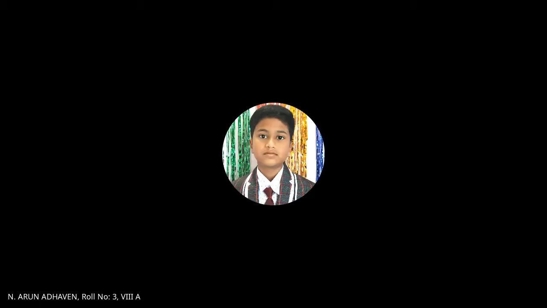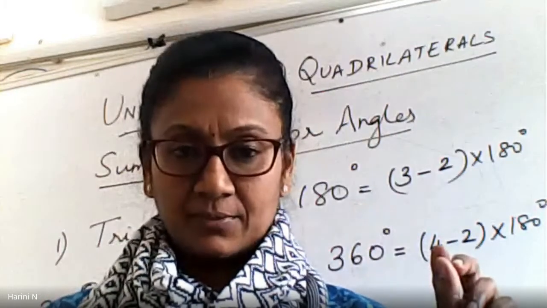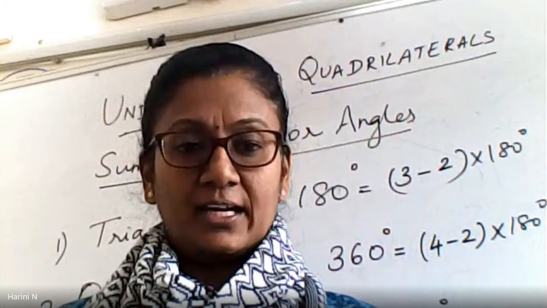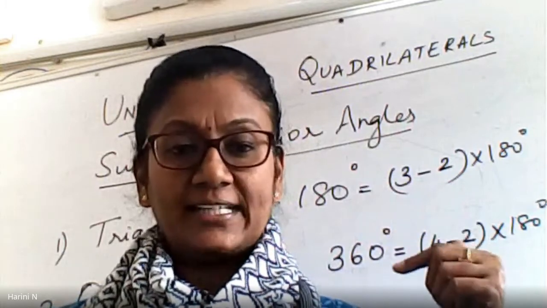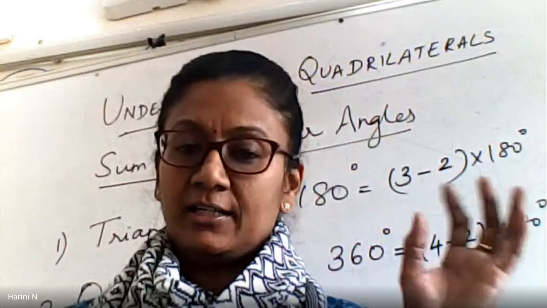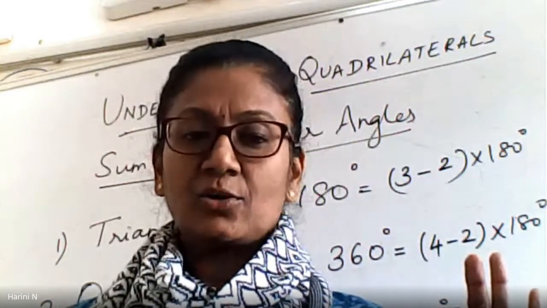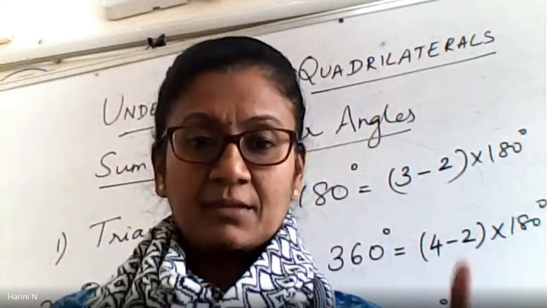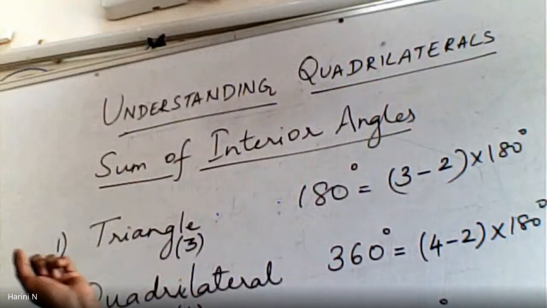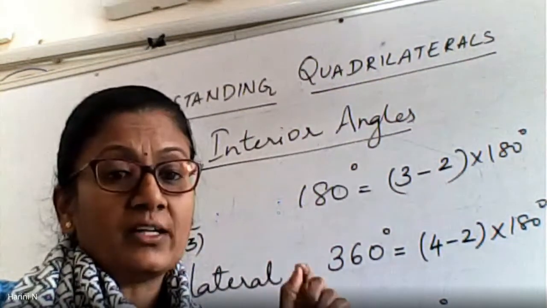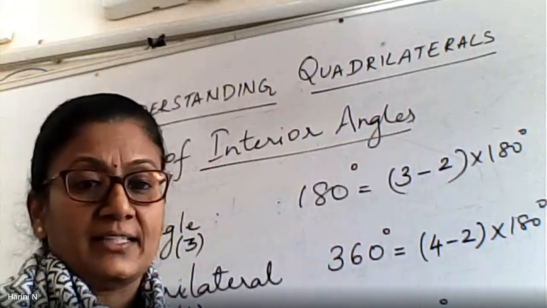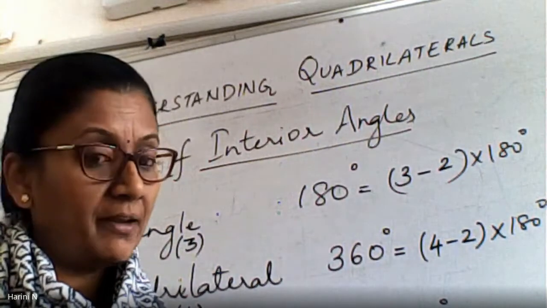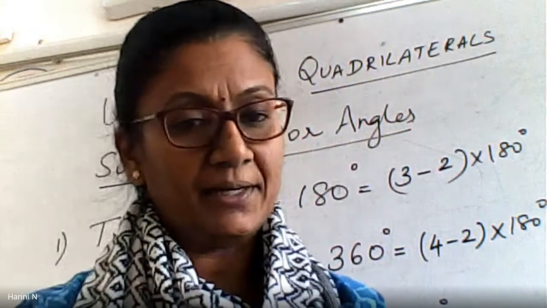Alright, so this is one thing that you should note in your classwork, because the sum of interior angles is different, the sum of exterior angles is different. What we showed today in the beginning, the sum of the exterior angles of any n-sided polygon is always 360. Whatever be the number of sides of the polygon, they will sum up to 360 only. But when you're talking about the interior angles, you must always focus on what polygon it is, what sided polygon, if it is 3-sided, 4-sided or 5-sided. For the number of sides, it will be different. So this difference you should be very clearly writing in your classwork and completing the notes.